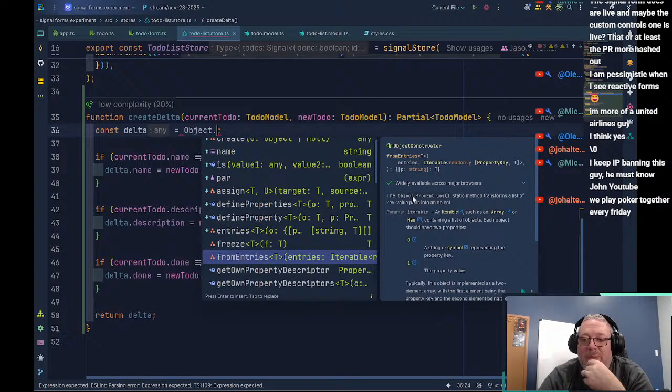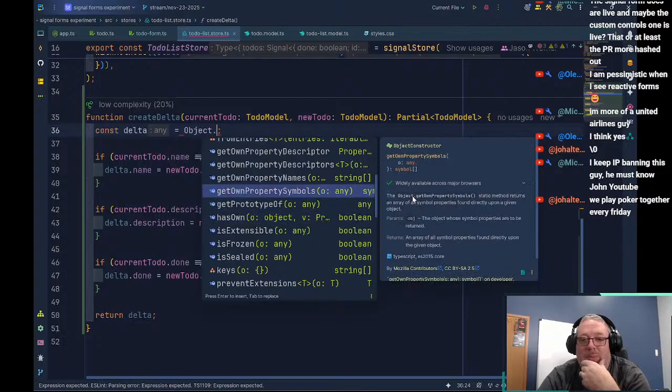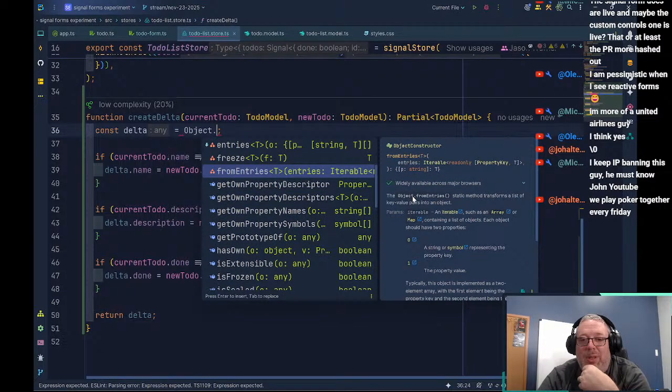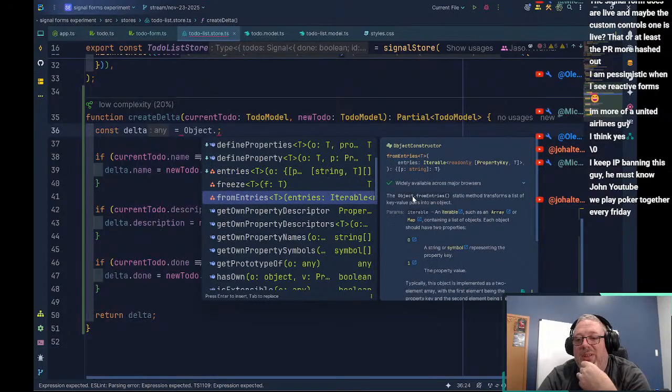So we could grab it from the entries, right? Which is going to give us the key on the object. So object.entries is the key value pair. Object.fromEntries gives us an iterable that gives us the key and the value.